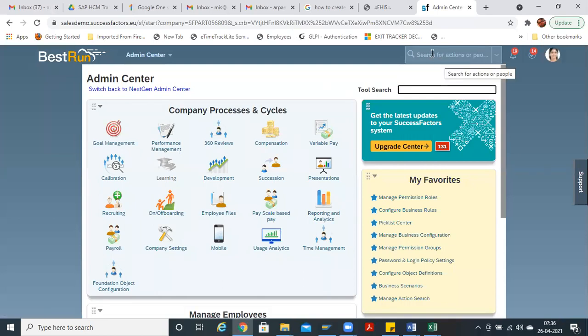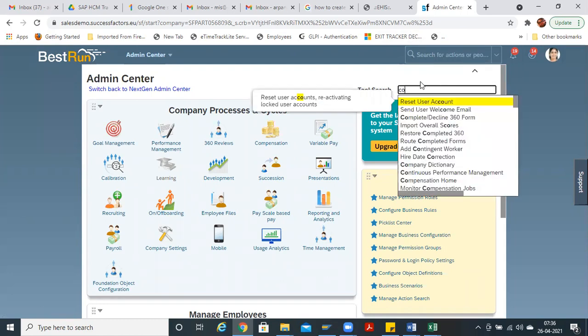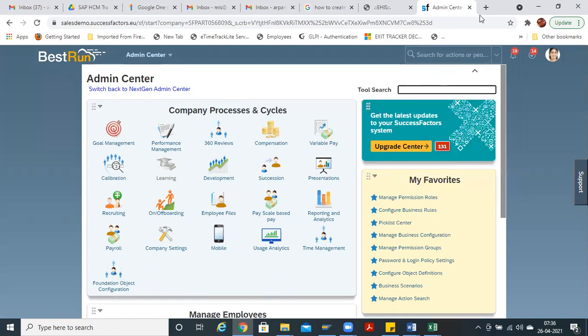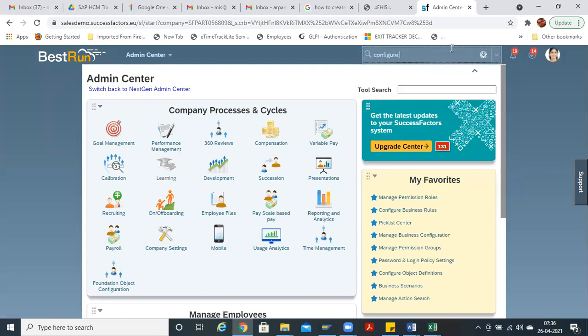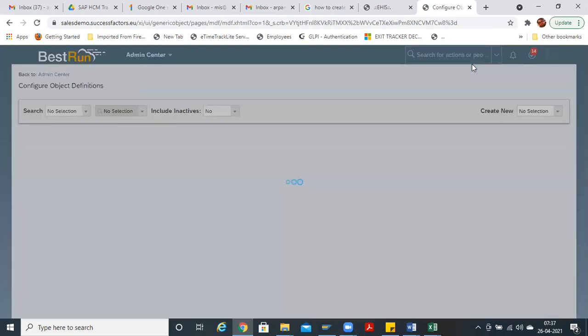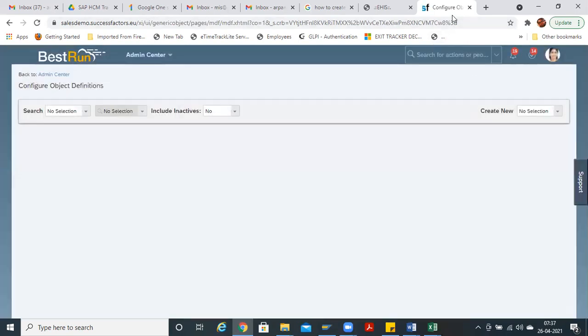Let me tell you the action name for creating these objects in the backend. Just remember: Configure Object Definition. And where will we be maintaining the data?